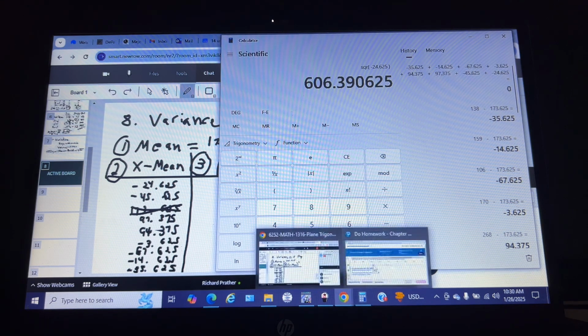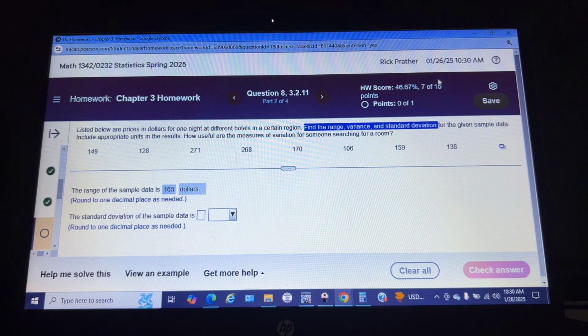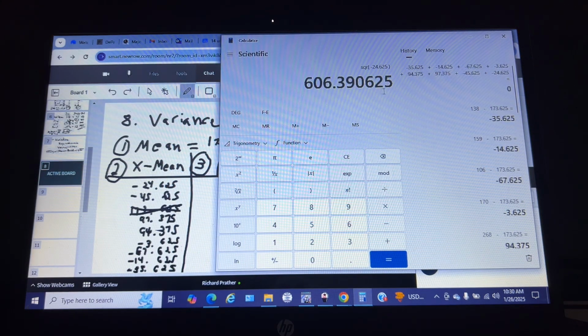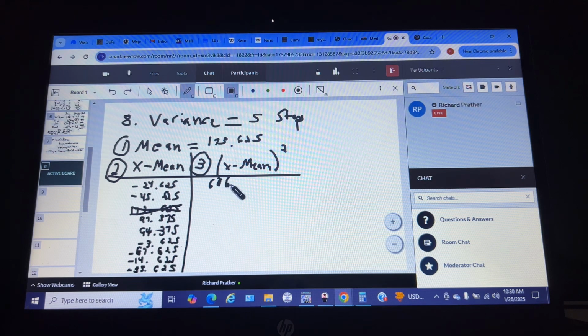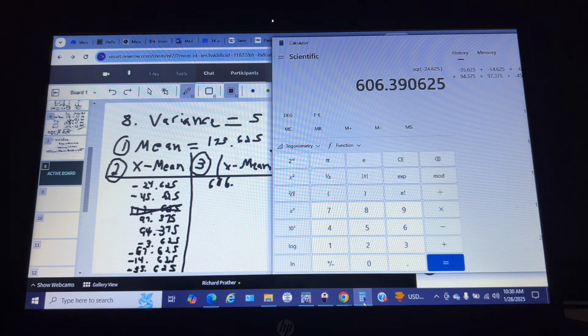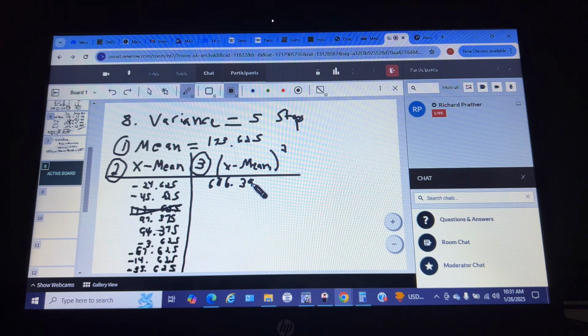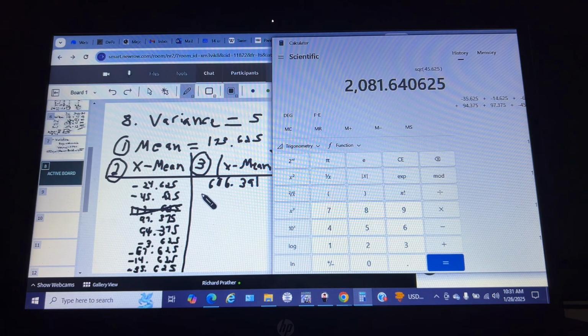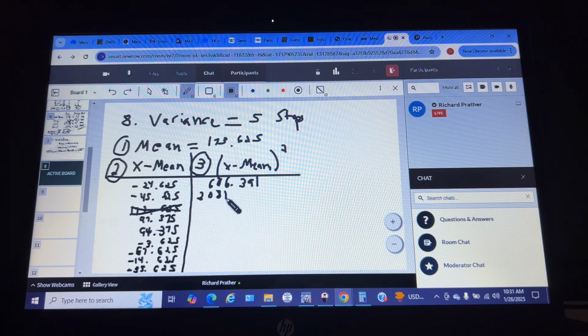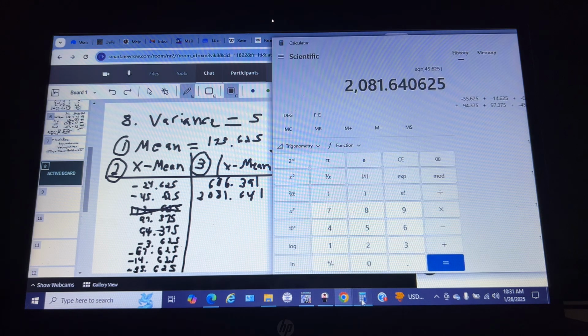So how far do they want me to round this? 1 decimal place. Okay, there is a danger in that if you get these long, messy decimals and round it off a little, that could throw the result off. Let me try it with maybe 3 decimals. 606. They should have given me better numbers to work with here, but 391. So you can actually type it in without the negative, and once you square it, it's not going to matter. So I'm going to type it not negative and then square it. 2081.641. Okay, so the next one's